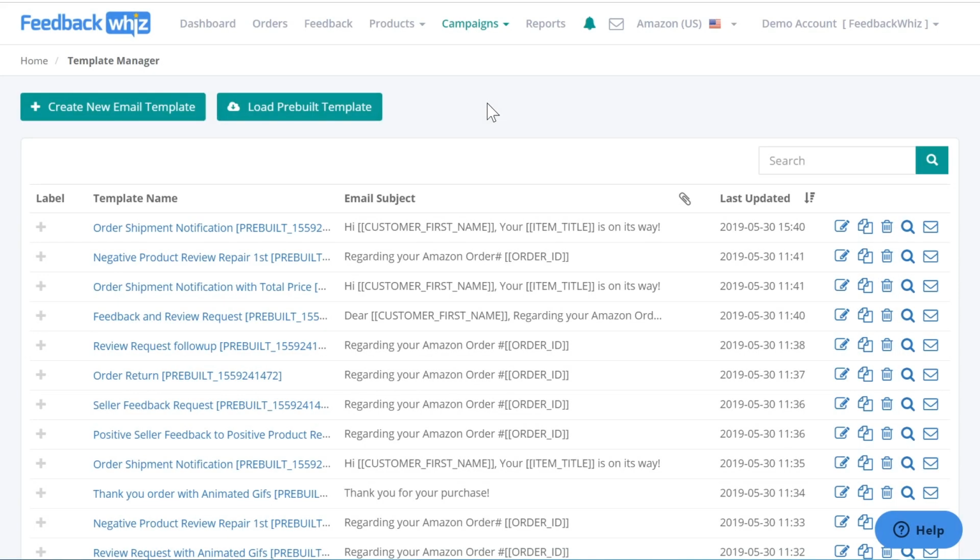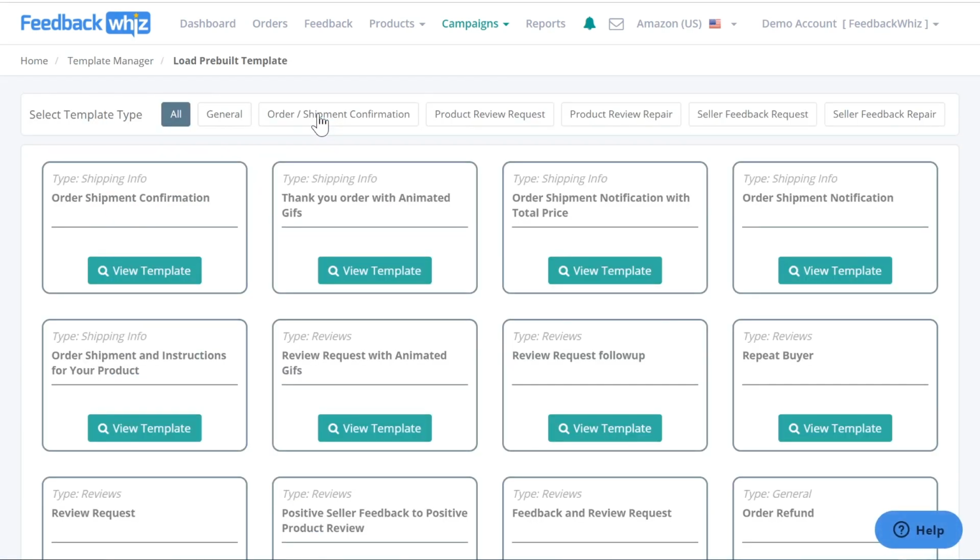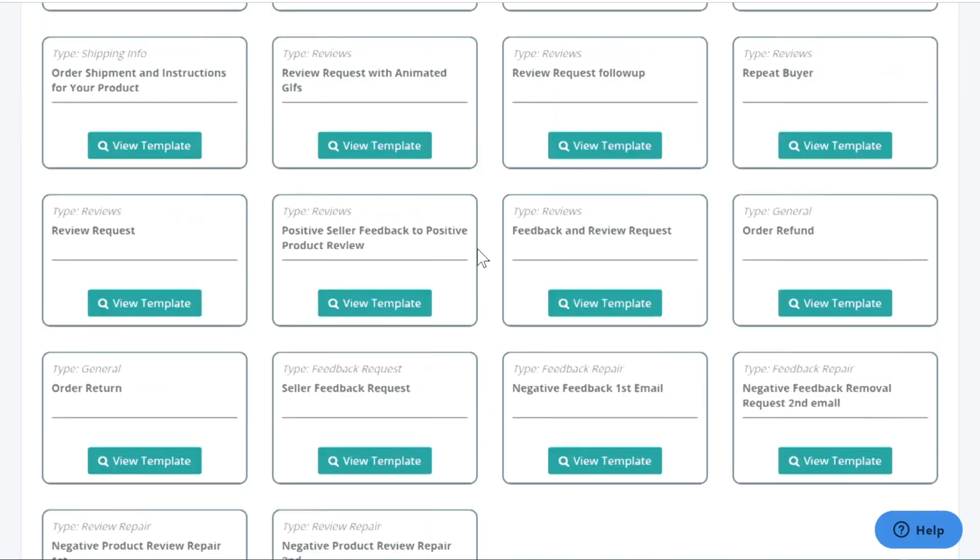Based on the recent TOS changes, we have released new pre-built email templates. To locate these, you would just click on the Campaigns drop-down menu and click on the Template Manager. You can click on this Load Pre-Built Template button, and you'll be navigated into the page with all of the